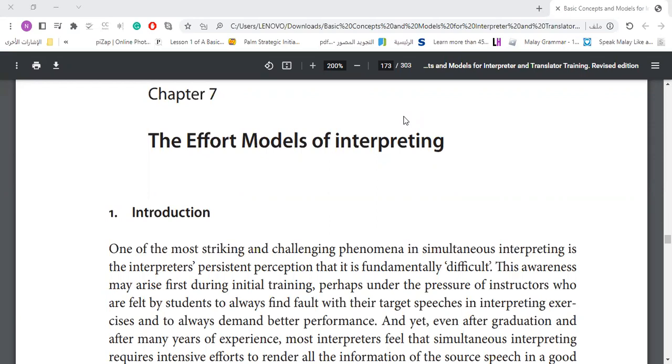So considering the fact that we've been having too many days off, and we're going to have another day off on Saturday, we're going to do the theoretical part of chapter 7 on Zoom. If you have any questions related to anything I explained, please make sure to add a comment either here or on Facebook or on Moodle or during the lecture. Now, the chapter is very long and I'm not going to explain all of it in one session. So I'll probably explain it in 2 or 3 sessions.